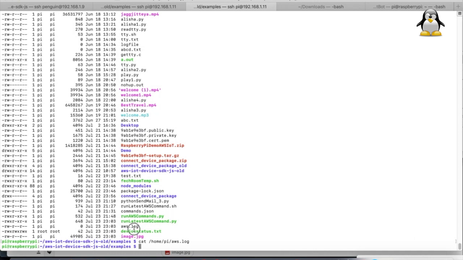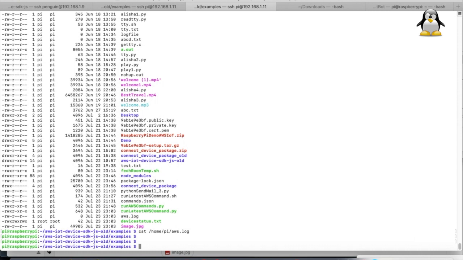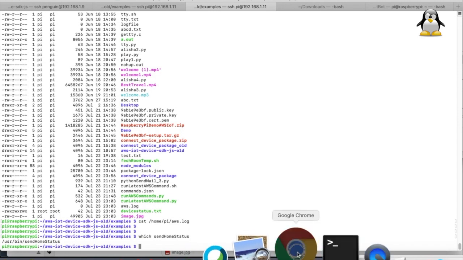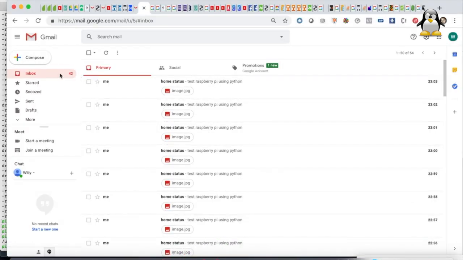Okay, there is some issue. Let me check whether send home status has been executed or not. Send home status should be executed, so I should get a mail.